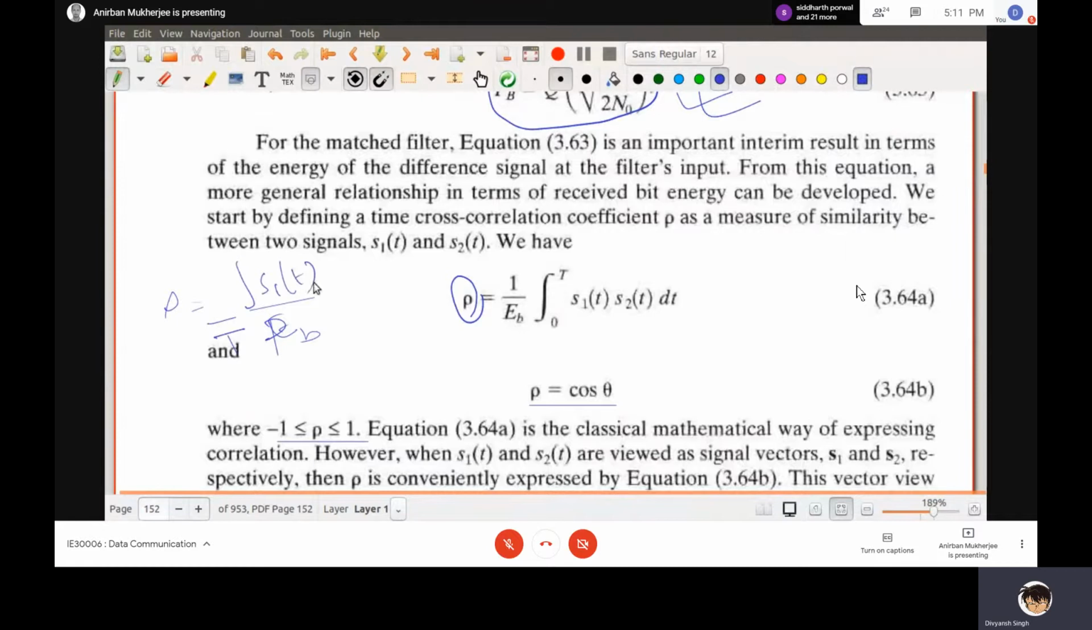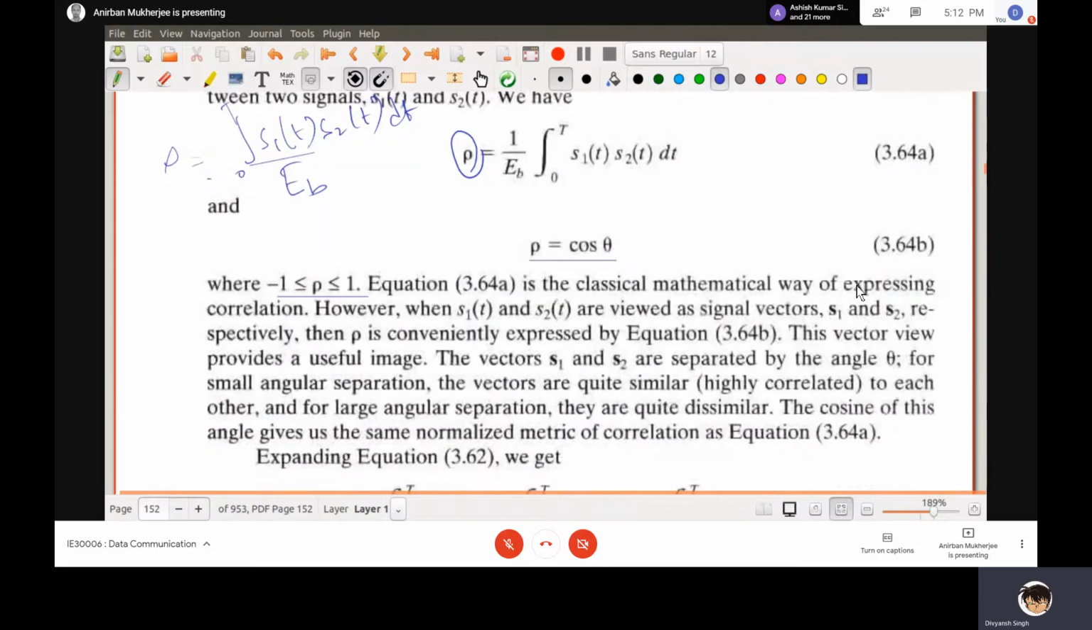S1(t) ... now the t into PV is EB. Okay, and this is 0 to T, S1(t), S2(t). So this is the rho, and this is between -1 to +1. Now if I define this S1(t) as my signal vector and S2(t) is another signal vector, then